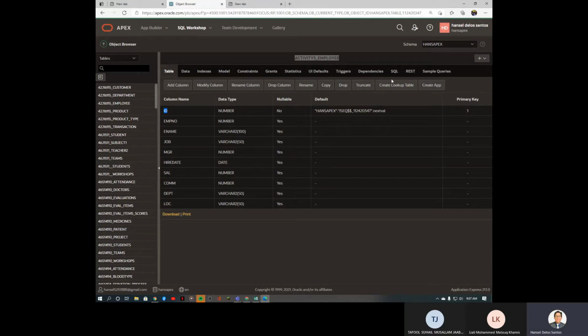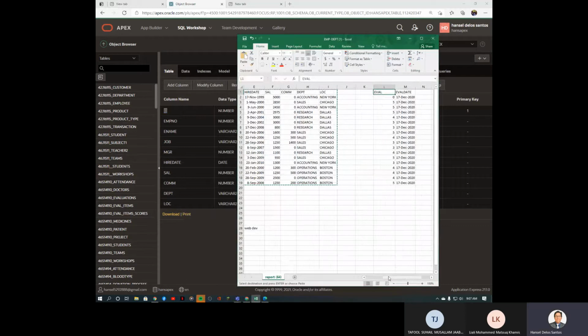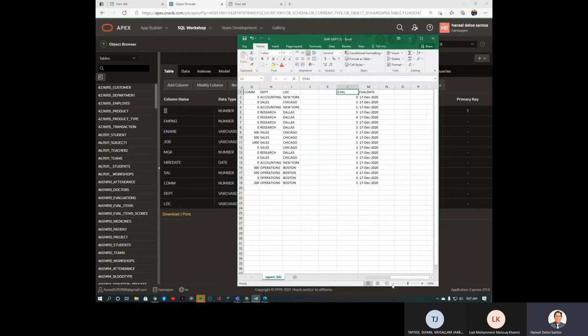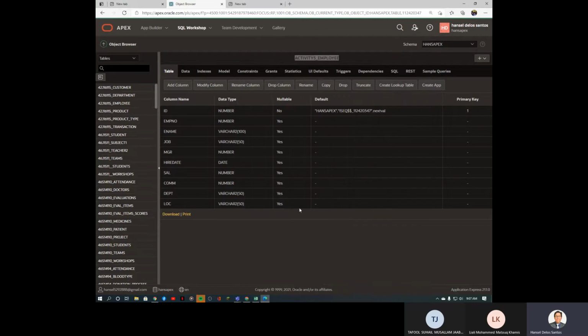Before performing this create lookup table, and hopefully we don't have multiple entries there, because if there are, definitely we cannot do a unique one. Let me check. King, Blake, Clark, Jones, Scott, Ward, Martin, Adams, James. James is also there. No, Paul, Ethan. I think there's no redundancy here, so we're good on this one. Before we perform this normalization, I will first make this employee number, or empno, a unique one. So we can perform that one